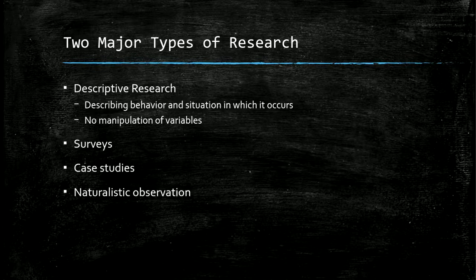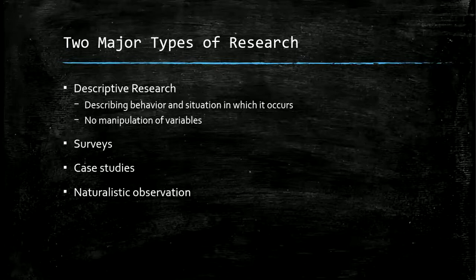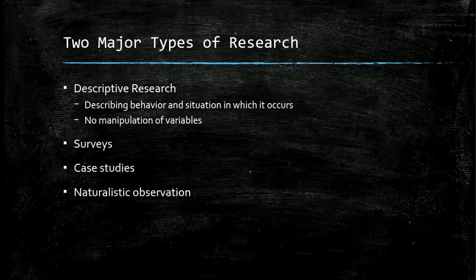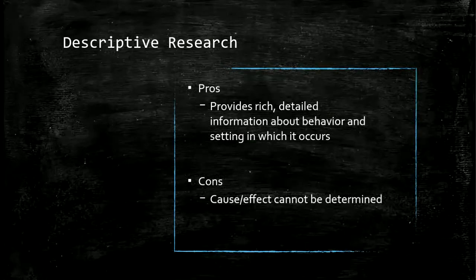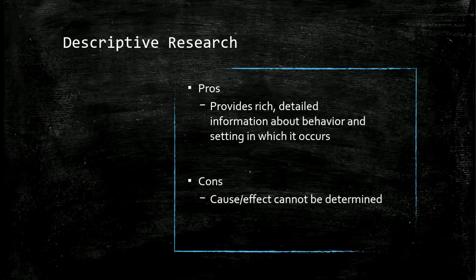Descriptive research also includes naturalistic observation. So this is where you're observing somebody's behavior, you're not intervening, you're not affecting the behavior, you're simply observing. The pros of descriptive research are that it provides very rich, detailed information about behaviors and the setting in which the behavior occurs. You're watching people behave naturally, you're collecting information, and it gets really rich descriptive information about the